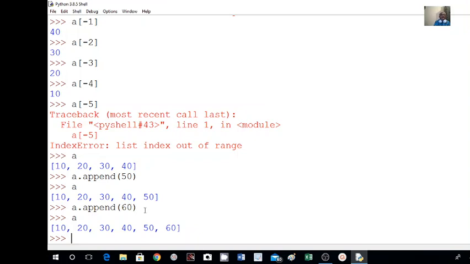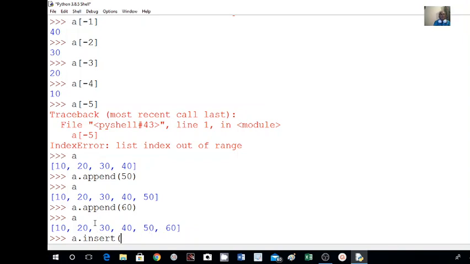at the end here. Suppose we want to insert somewhere here. For that I have to use another command known as the insert command. A dot insert. When I am inserting I have to give the place value here, that is the 0th place or 1, or 2, 3, 4, 5.